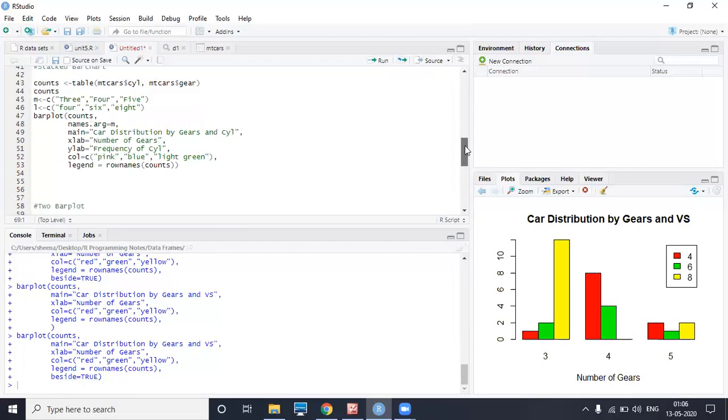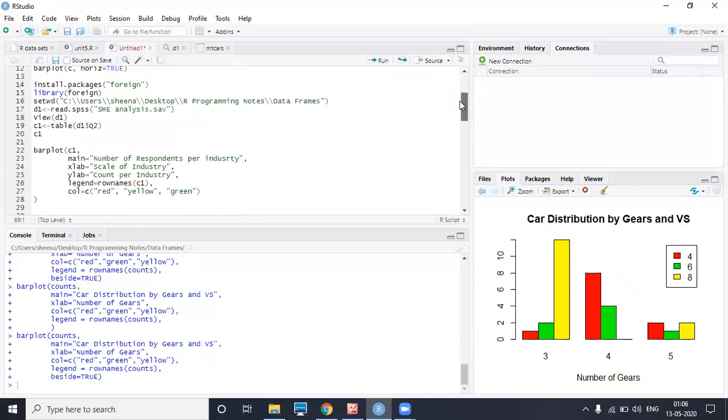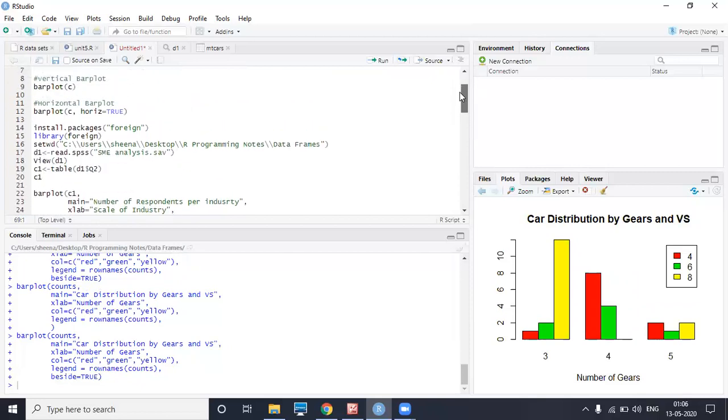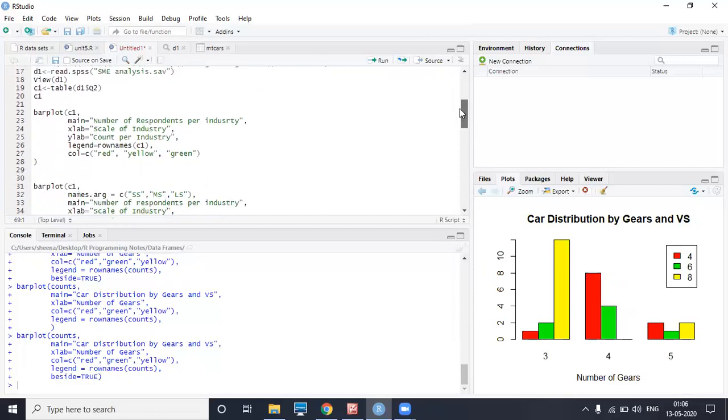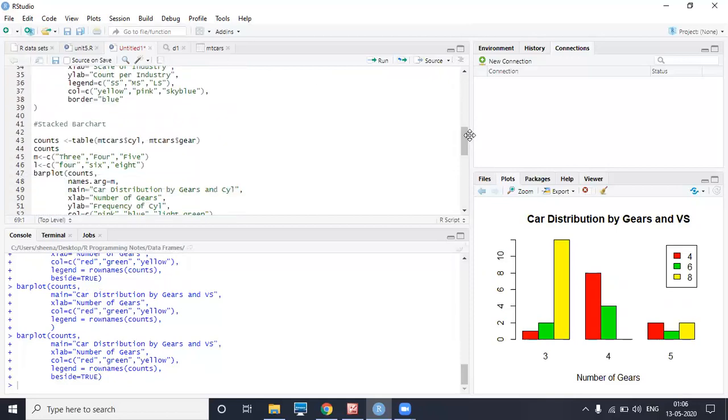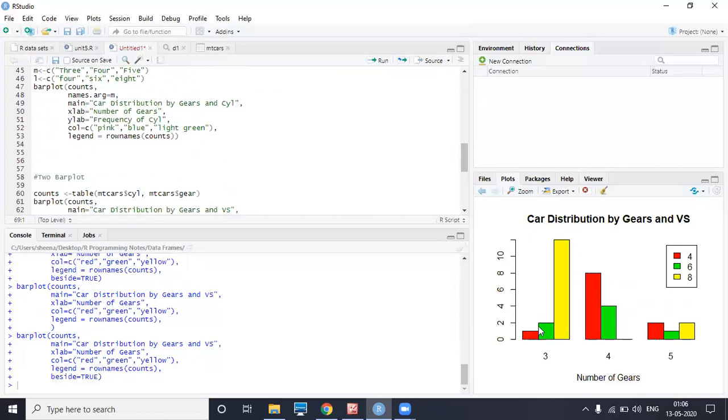So in this way we can draw bar charts. In today's class we learned how to draw a simple bar chart, a colored bar chart, a stacked bar chart, and a bar chart where bars are adjacent to each other.